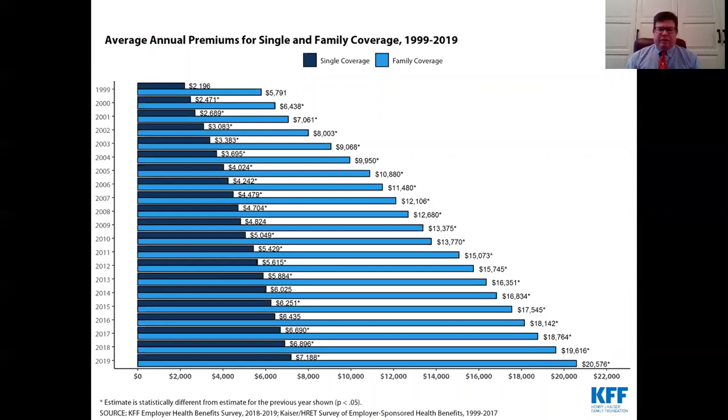So part of the problem that we see here is that individuals and families end up paying more, or businesses end up paying more for people as healthcare costs increase. So you see that in 2019, family coverage, usually somewhere between 3 and 4 people in a family, costs approximately $20,576, and individual plans cost about $7,100 a person. So this has been an exponential growth even from 20 years ago as we take a look at this chart.